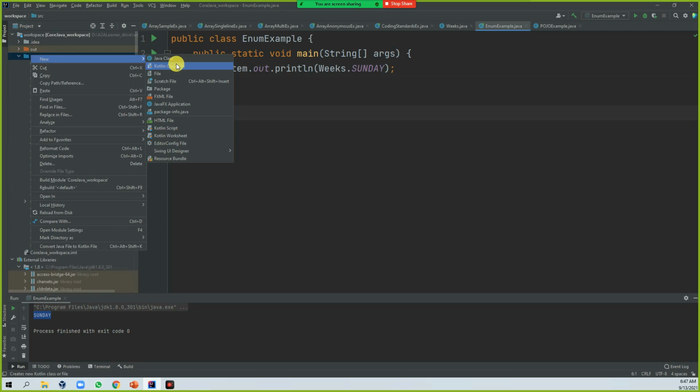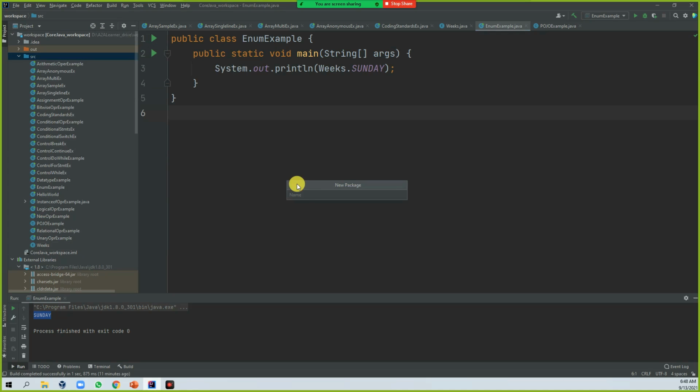New, and you see there is one option called package. I'm giving it as org or else com dot a to a learner dot core Java.